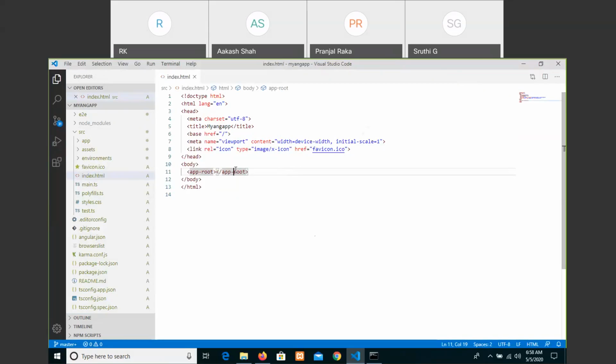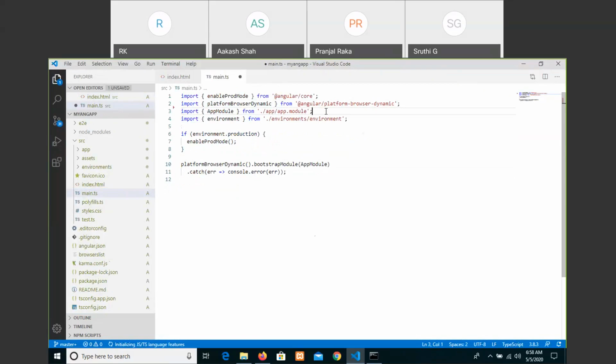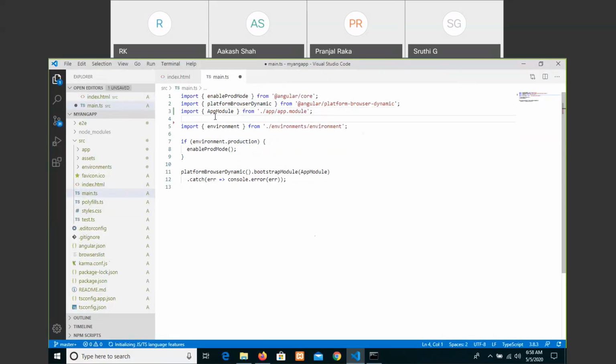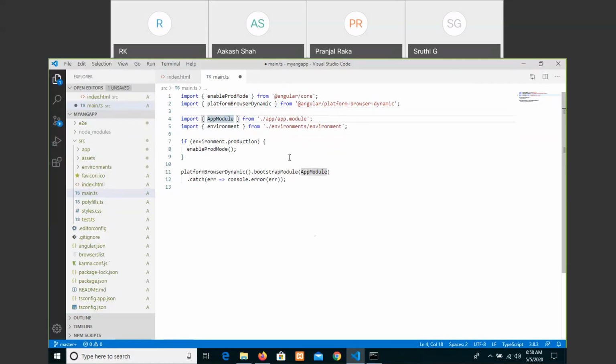This output we get through the main.ts file, which is a ts file including the required modules. Along with the required modules, it is also connected to the app module.